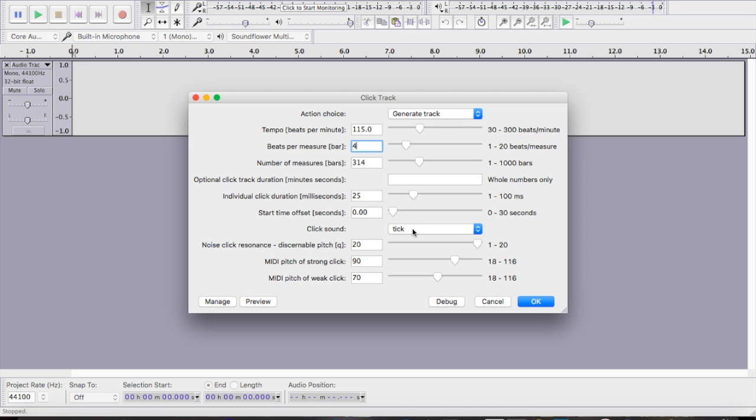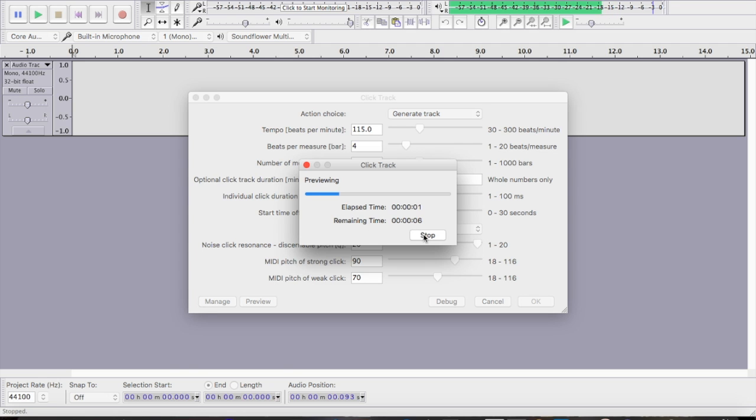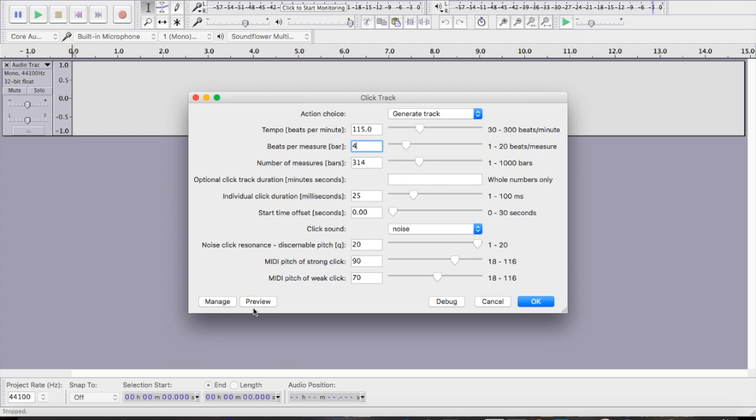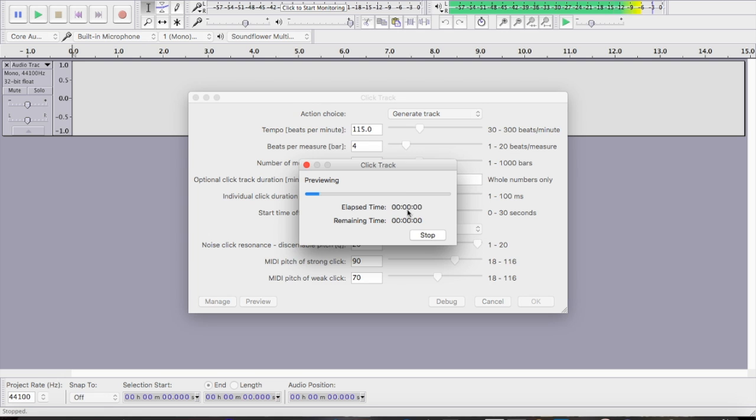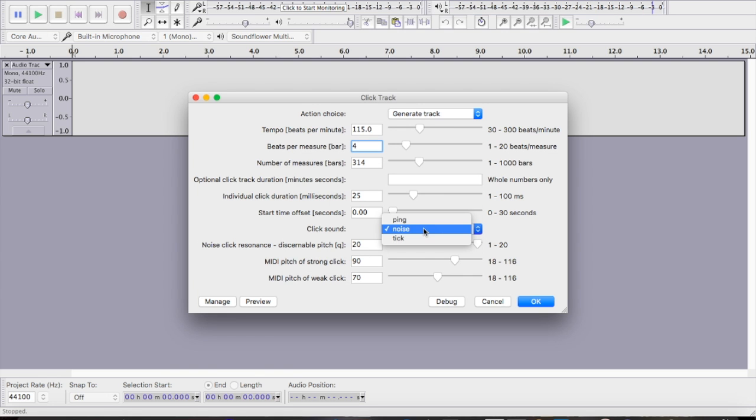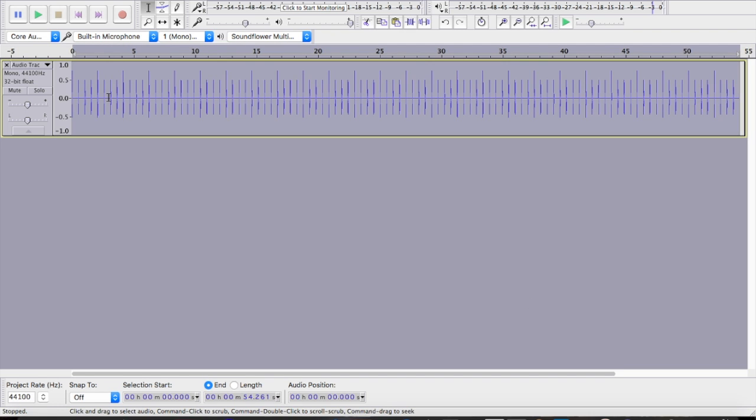Yeah, there's a lot of settings you can adjust with this. There's tick, ping, there's also noise. I think I'm going to use tick for this one. Number of measures, because it's not really going to be very long, I'm just going to do 26 measures. And so when I'm happy with how it sounds, I click OK, and it's going to make me a little